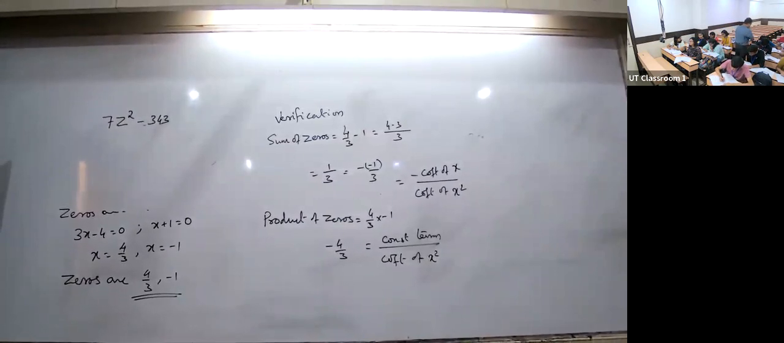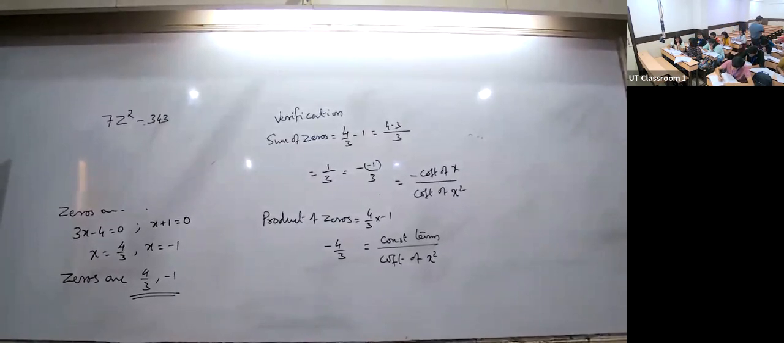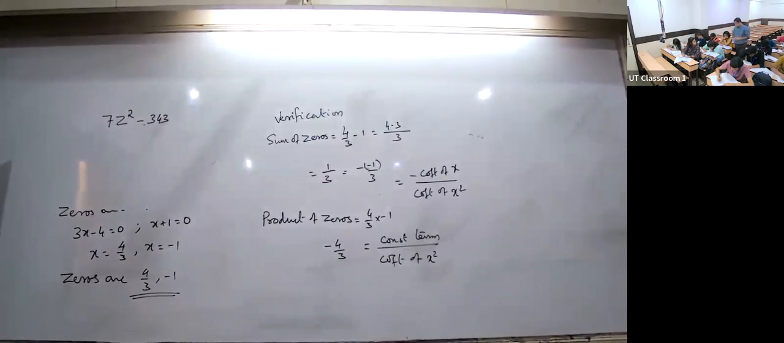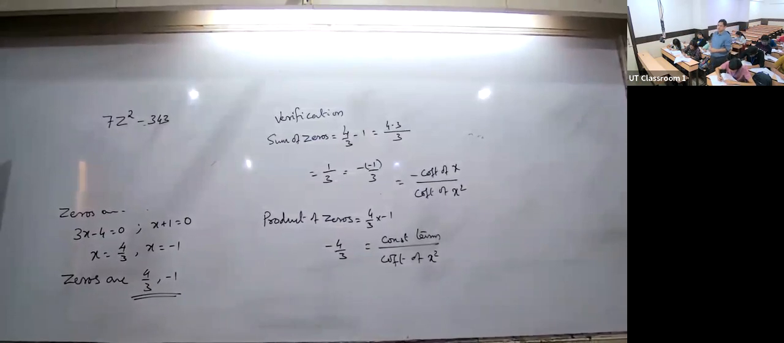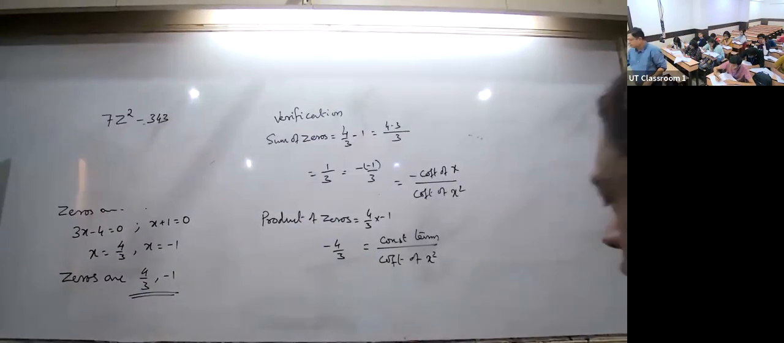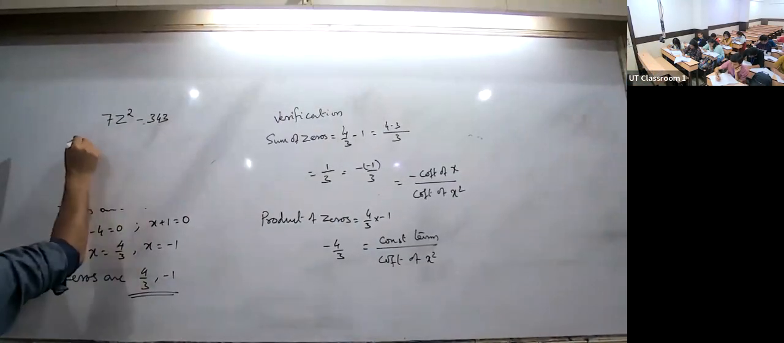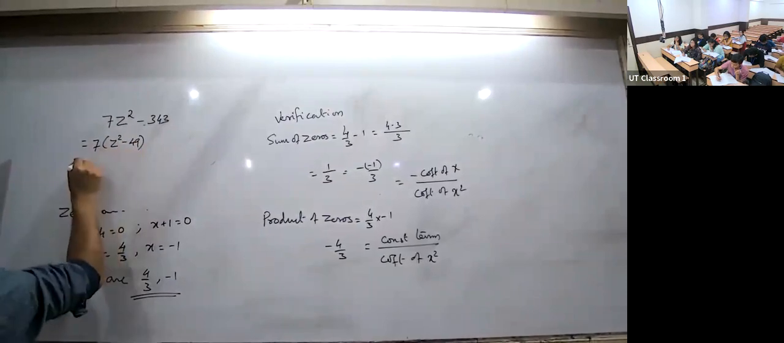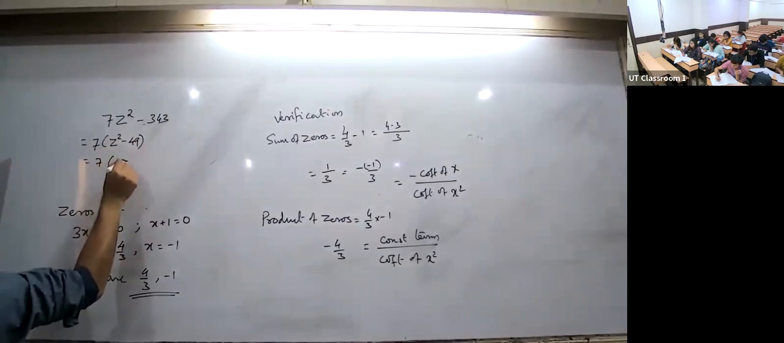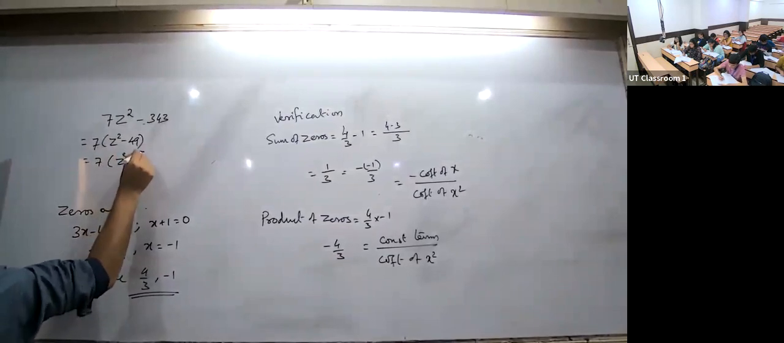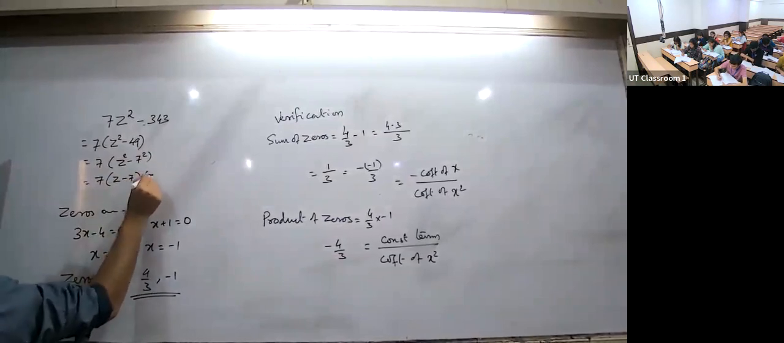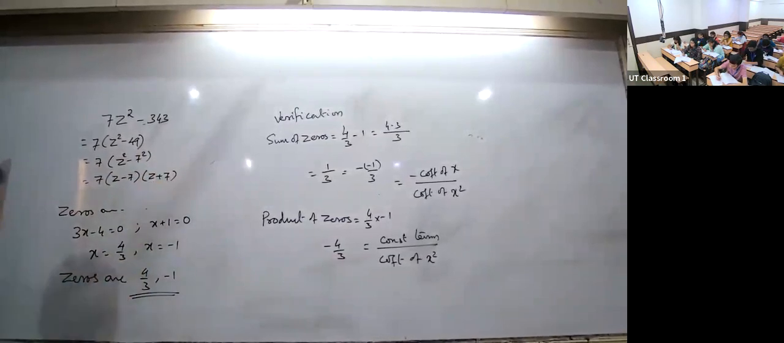So, what you can take common? 7 is common, so remove that 7 from there. 7 times, take the common factor. 7 into z square minus 49. So the identity comes now. That is 7 into z square minus 7 square. That is 7 times z minus 7 times z plus 7. So factorization done. Then zeros are obtained by